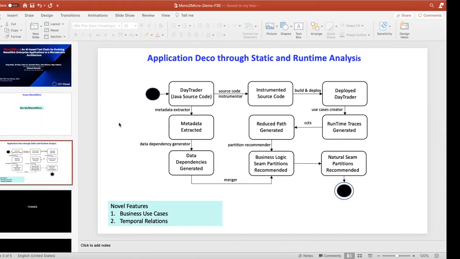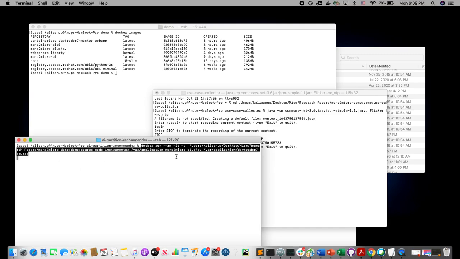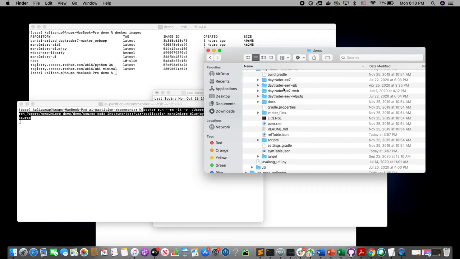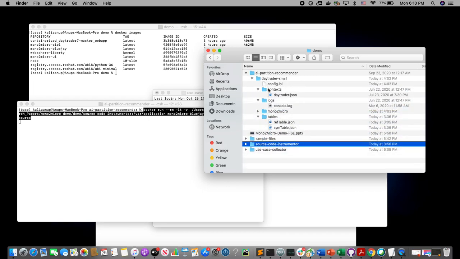Then we run our AIPL tool with the following command. This tool again takes a workspace in which all the information such as our use cases, console logs, and the symbol table and reference table are present so that it can generate the partitions. I can show you more details here. For example, for the Daytrader application, we have a structure in which we provide the use case.